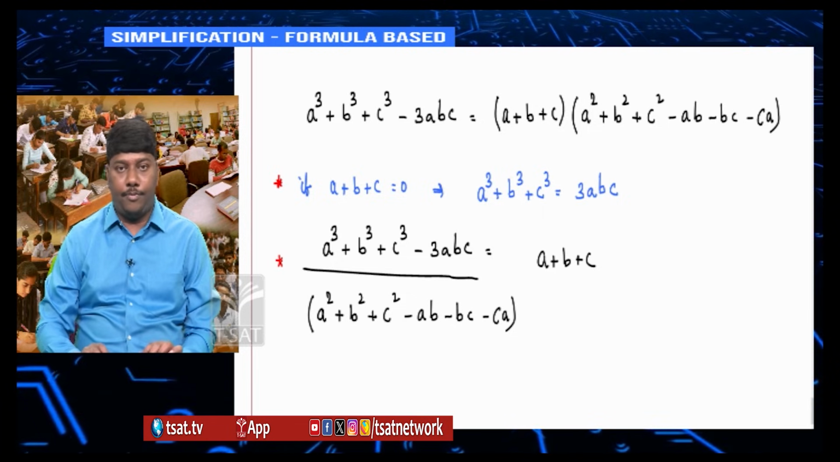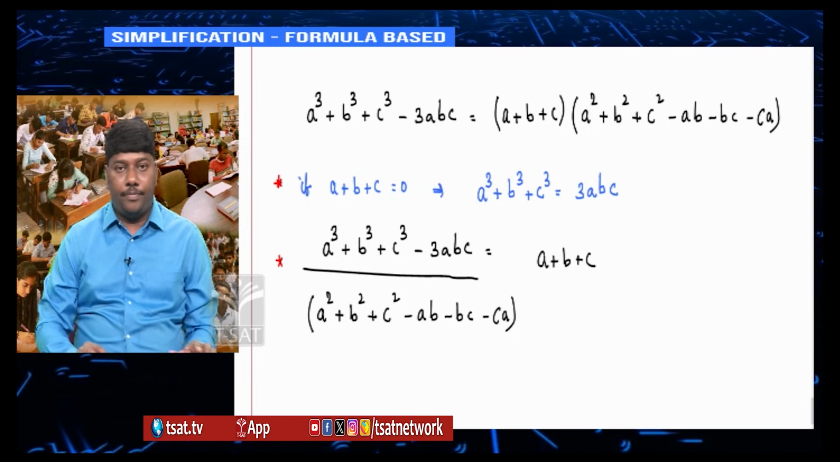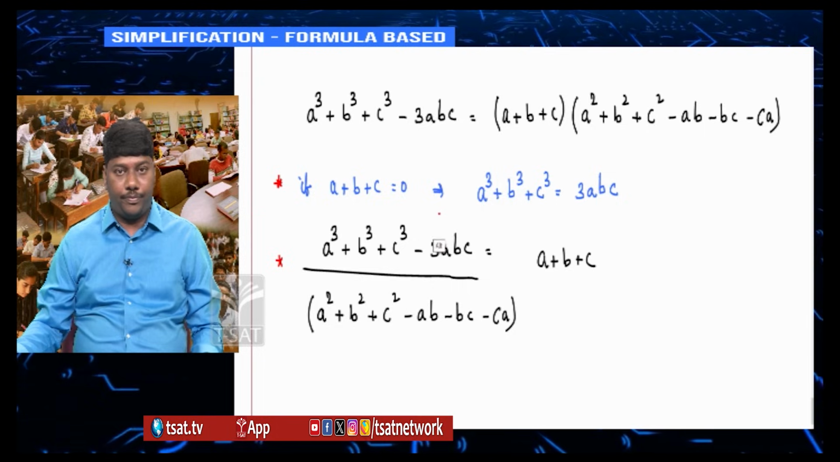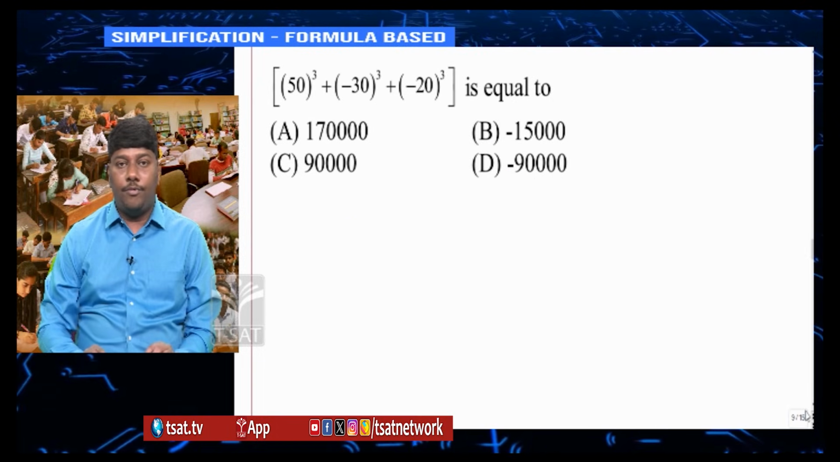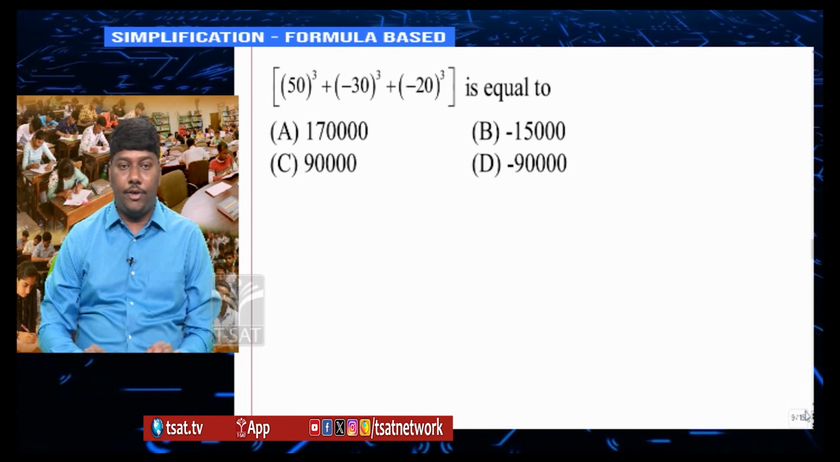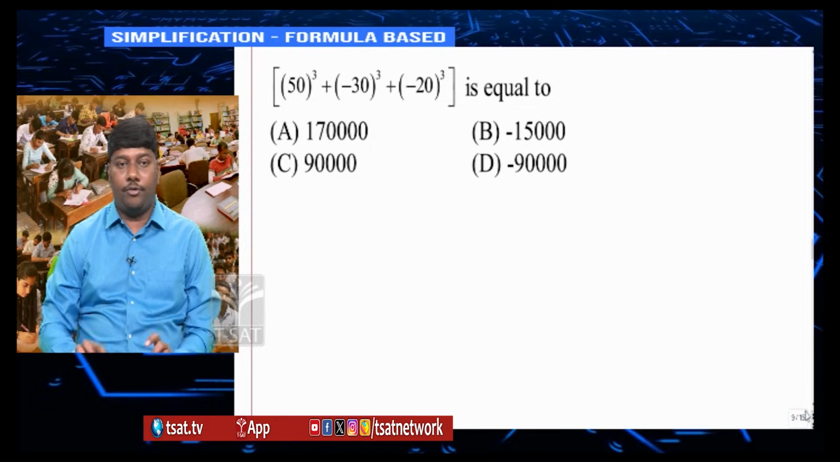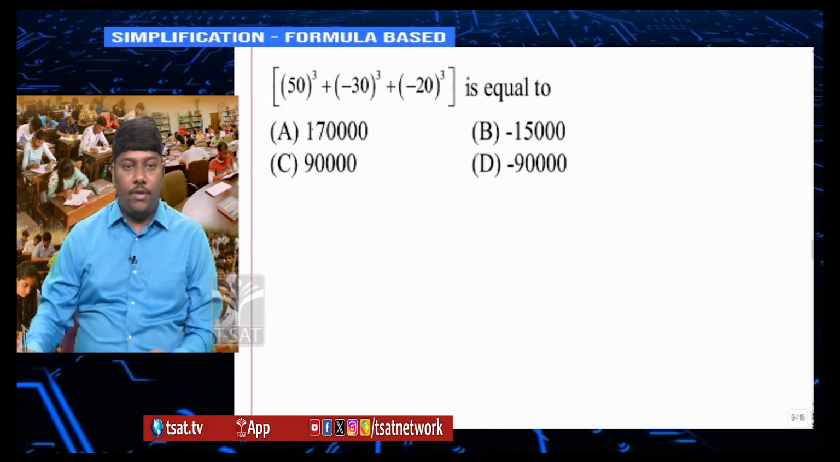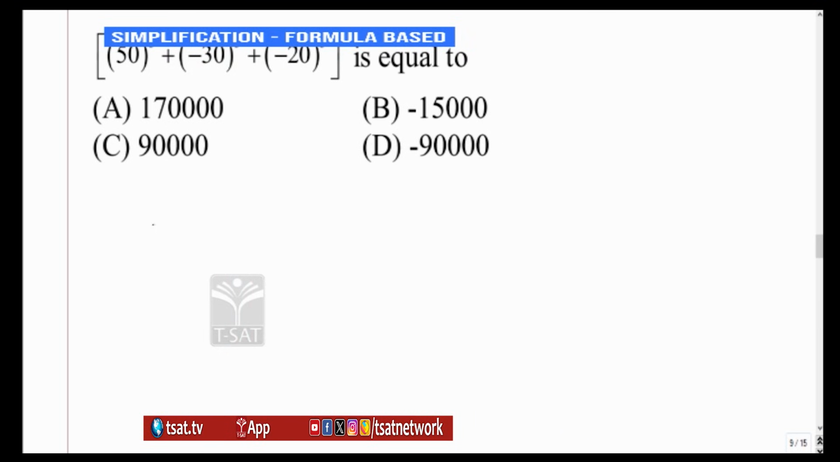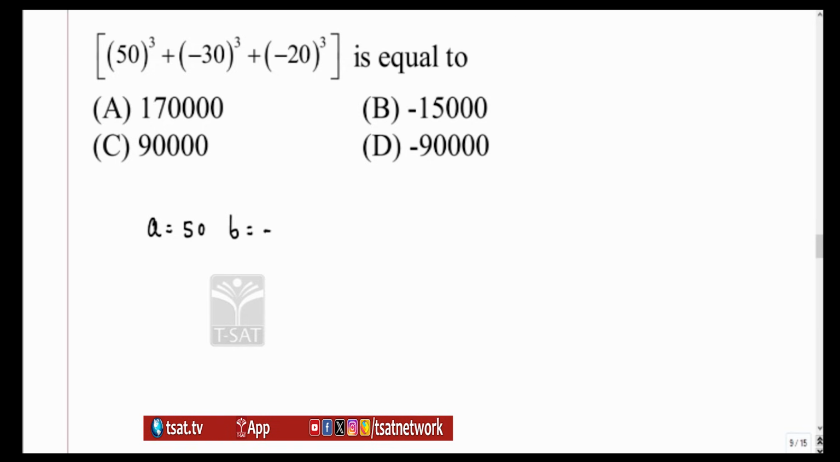These two are very, very important. Now, look at the sums based on this formula. Now, look at this sum: 50 cube plus (minus 30) whole cube plus (minus 20) whole cube. Here, if you do it normally, it will take little time, but if you identify that A is 50, B is equals to minus 30, C is equals to minus 20,